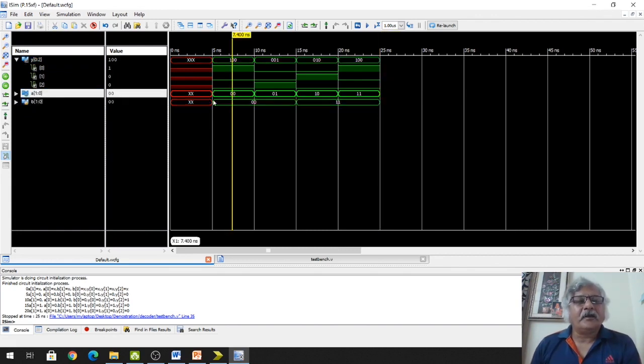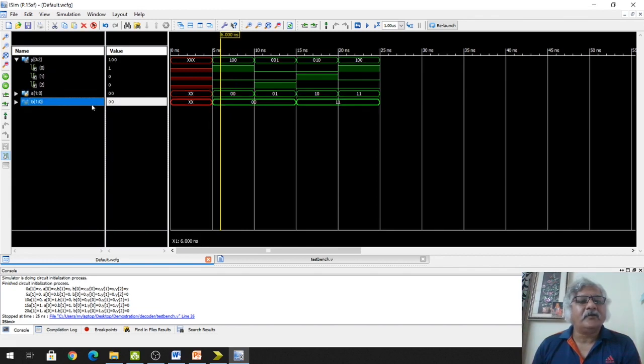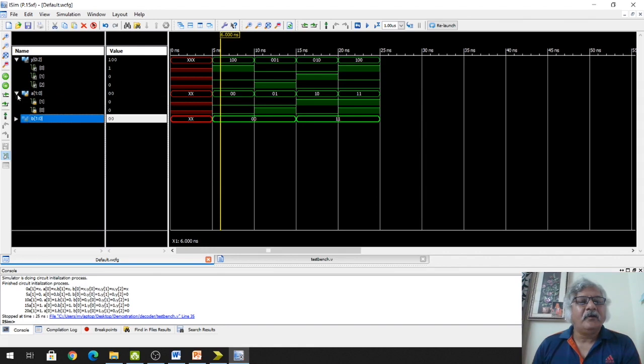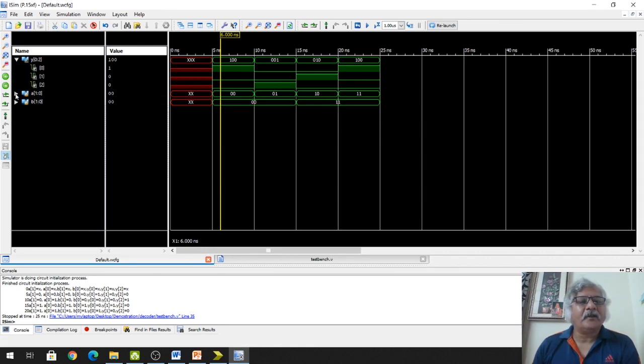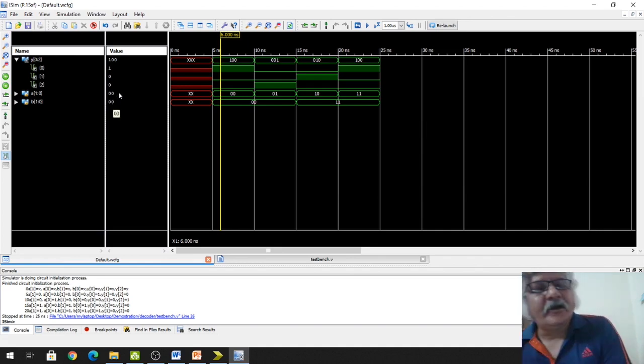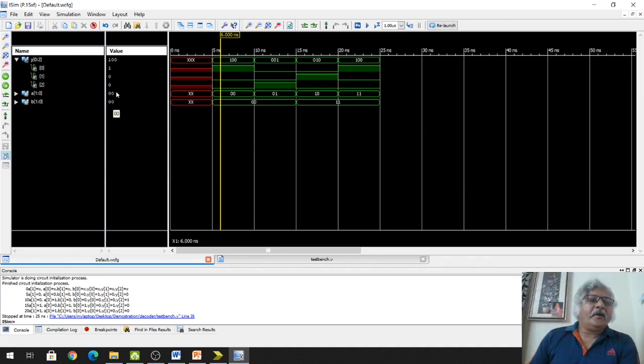Okay, here you see the value of A is 0, 0. The value of B is 0, 0. You can expand this also to see what is A1 and what is A0. Otherwise, if you do not expand, you are still getting these values, right? So A is 0, 0, B is 0, 0. So both numbers are equal.